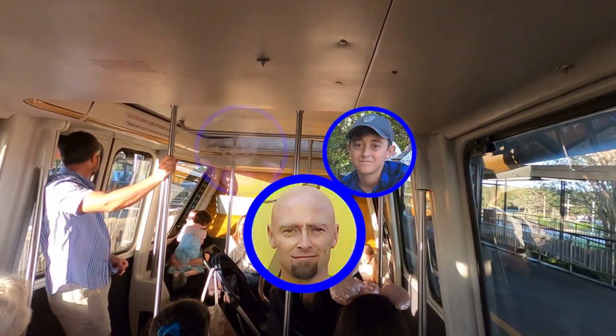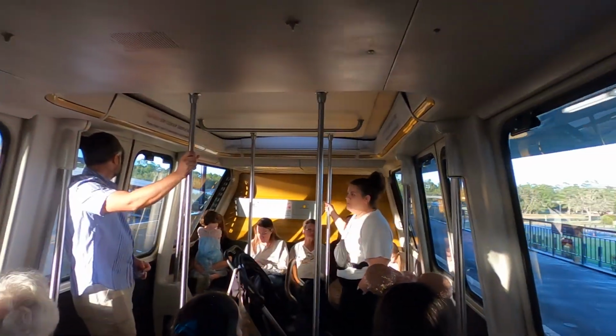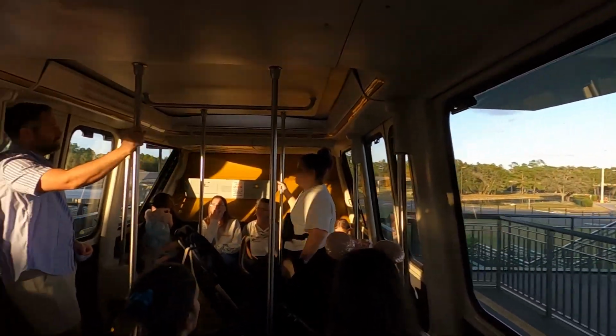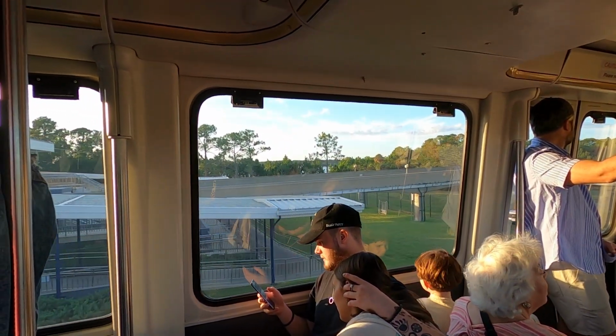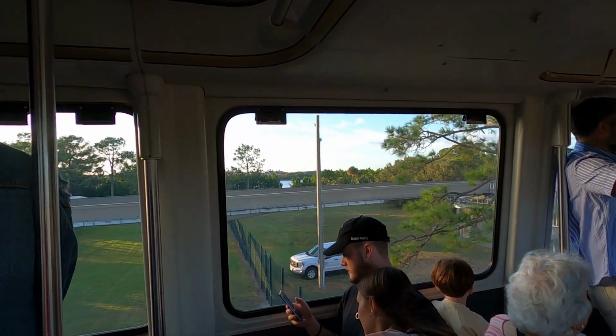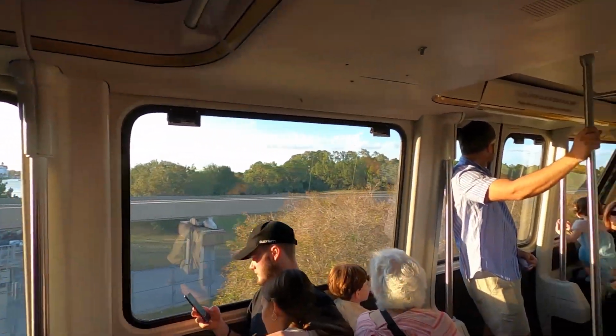Everybody, and welcome. Today we're over here at the Transportation and Ticketing Center, and we're actually leaving here on the monorail. Now we're actually going over to Epcot instead of heading over to the Magic Kingdom. We're on our way over to Epcot. We want to give you guys a look at how it looks down in the center around where they're building the whole Moana area. And they're wrapping that up over there, so we're going to go over there today, get